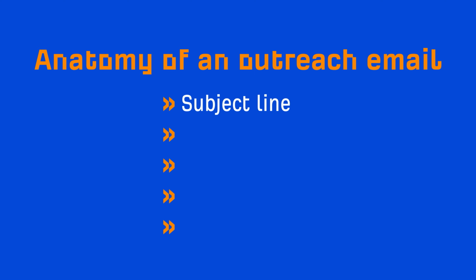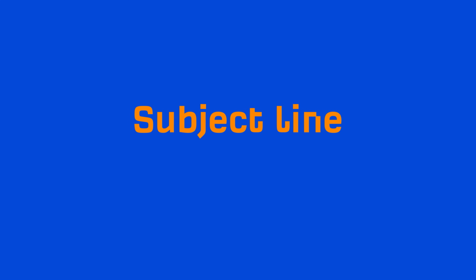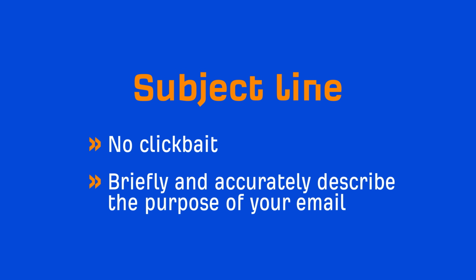First is the subject line. The goal of the subject line is simply to get them to open the email. Otherwise, there's no chance at getting a response. But you don't want to clickbait them because that'll only leave a bad impression. So when you're writing a subject line, you want to briefly and accurately describe why you're emailing them and ideally